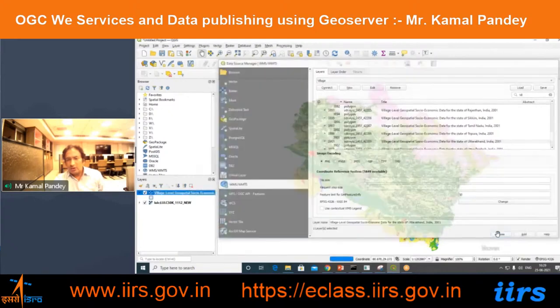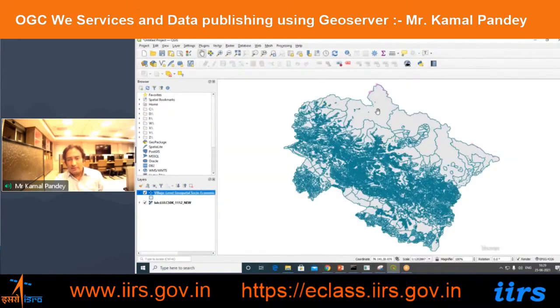Add and then close. If you see, it is fetching. This is the village boundary of the entire Uttarakhand state with all the census data. This I have overlaid on top of the Bhuvan geospatial data set. So if you see here, this is solving the purpose. This is solving the georeferencing problem also for me. I have taken the data sets from two different sources. The first one was from the Bhuvan geoportal, and the second one is from some other geoportal,